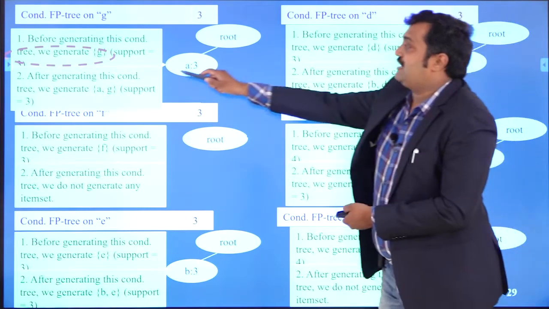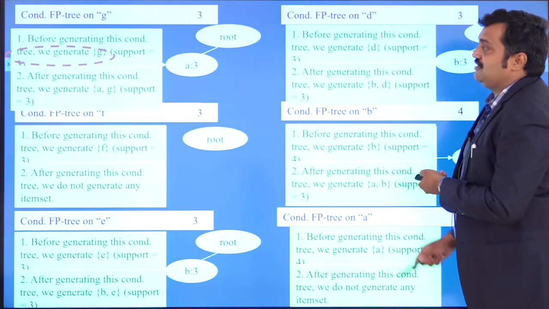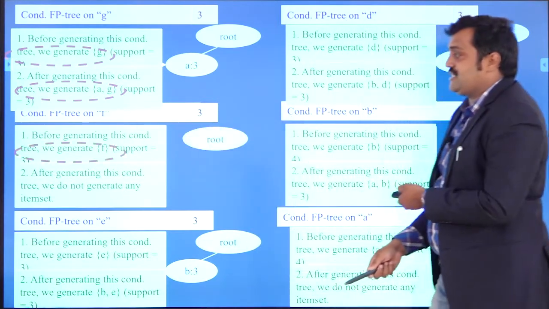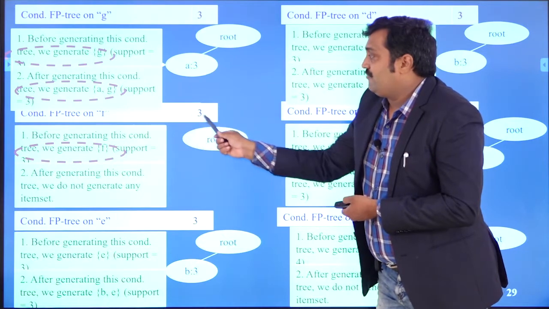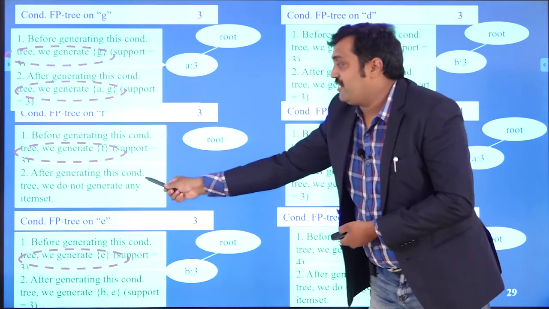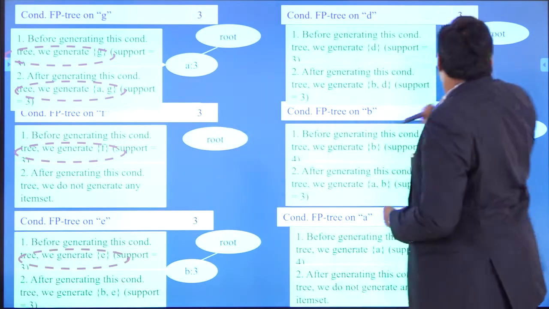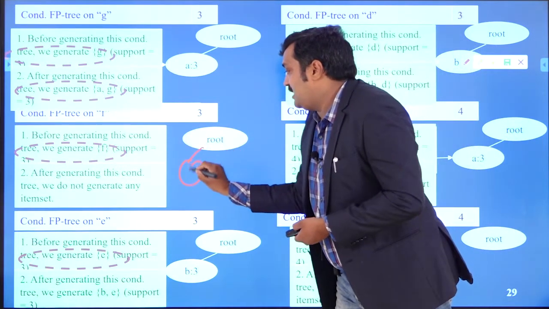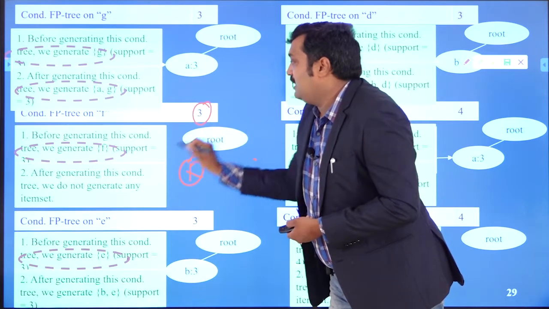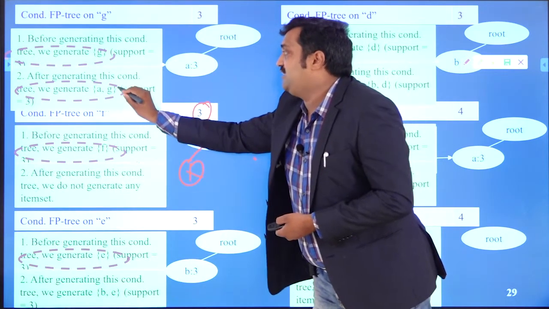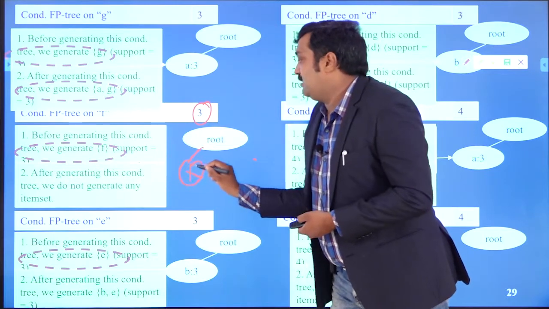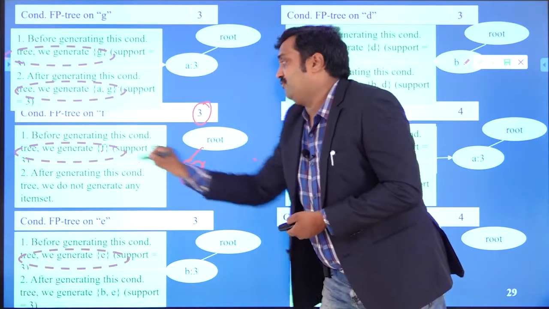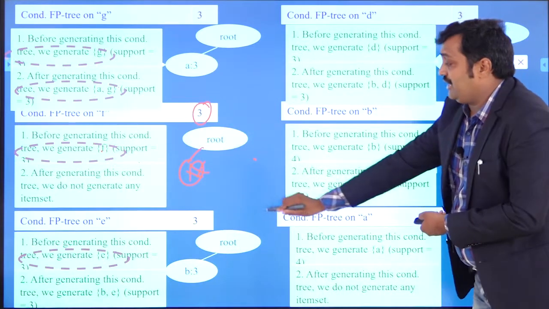Now applying the condition of 3, the ones with 3 times are satisfying. So A, G satisfied the support count and we considered it. With this one there is no item, that's why we are not considering anything. With F there is no point because the support count must be 3. There is no item in combination like G. All are less than 3, so we do not consider them. So there is no combination with F. Like E, we have the E combination with B.